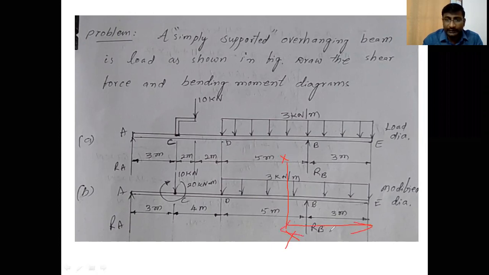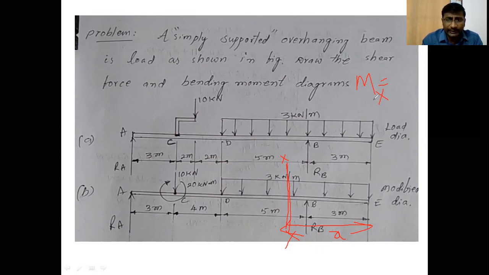That is the right end E. This is the x distance. If you take the XX section, write down the bending moment equation at this section and equate it to 0, then we can get the x value. So what is the bending moment at XX? Let us take Mx. In this problem, he did not ask for the point of contraflexure, but I am explaining how to get the point of contraflexure, how to get the zero bending moment distance.